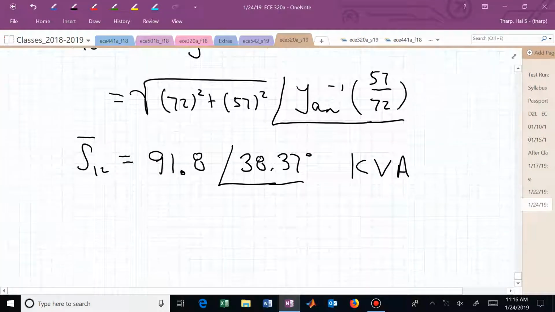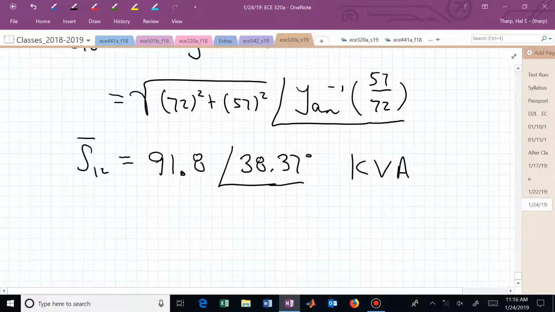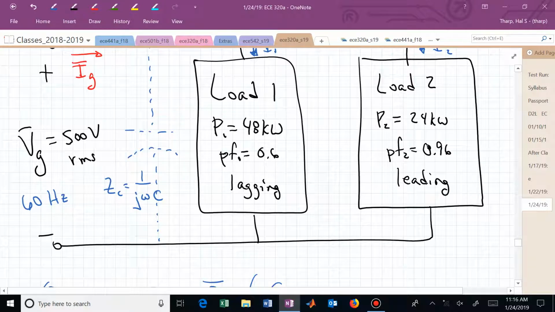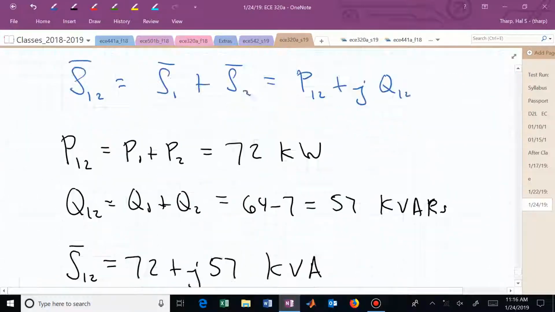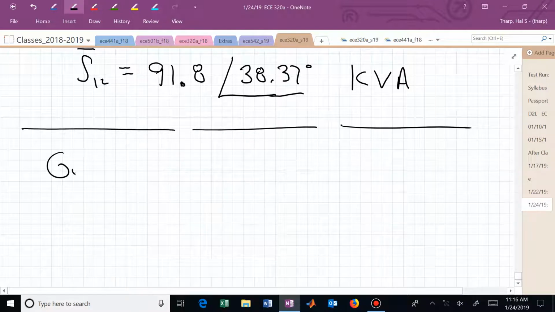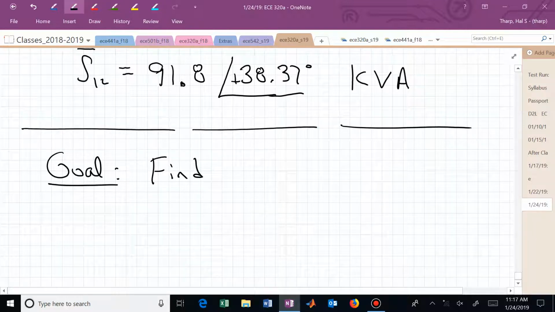That's S12. And what do we want to do? We actually would like to fix that angle by the introduction of this capacitor. Now we want to add in essentially a third load due to this capacitor, and we want the combination of load 1, load 2, and load 3 to produce a zero angle, so that we have a power factor of 1. So our goal, now that we have the total complex power associated with loads 1 and 2, and that angle is positive, so it is inductive,